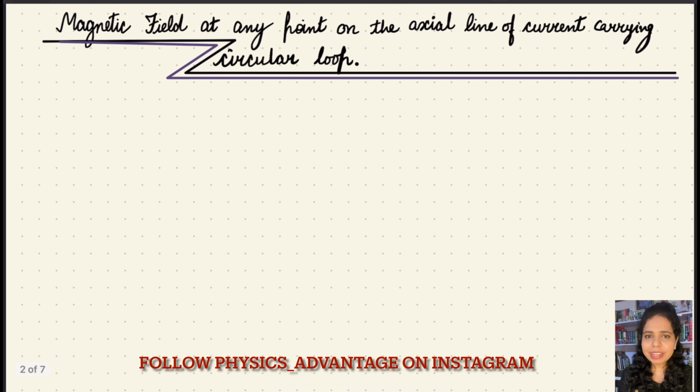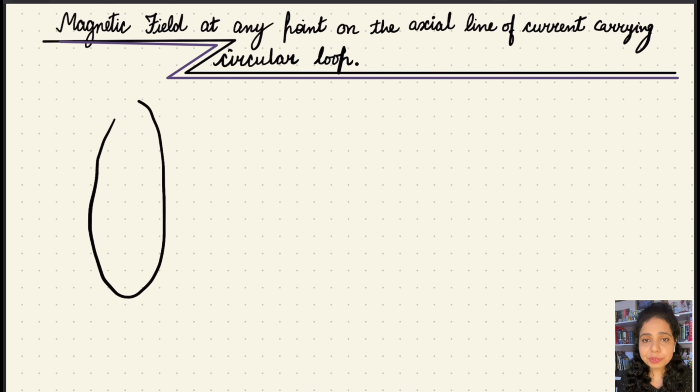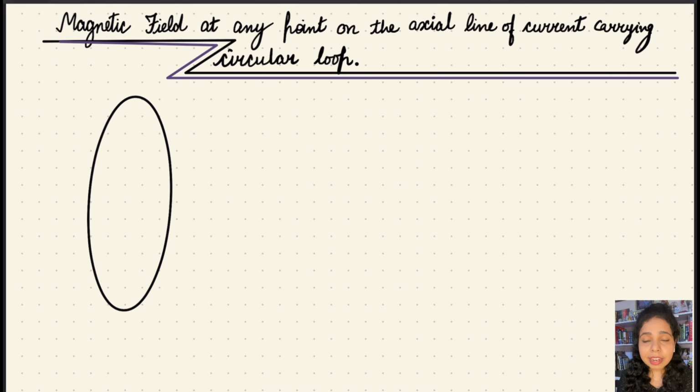This is Unit 3, Magnetic Effects of Current and Magnetism, for class 12, and the topic which we are going to discuss is to find the value of magnetic field at any point on the axial line of a current carrying circular loop. So first of all, we need to consider a circular loop such that current I is flowing